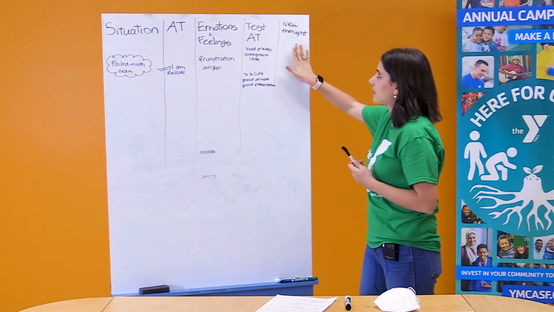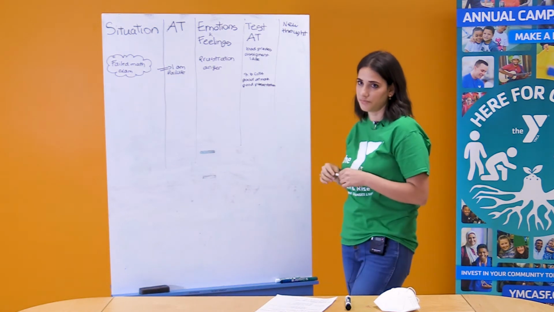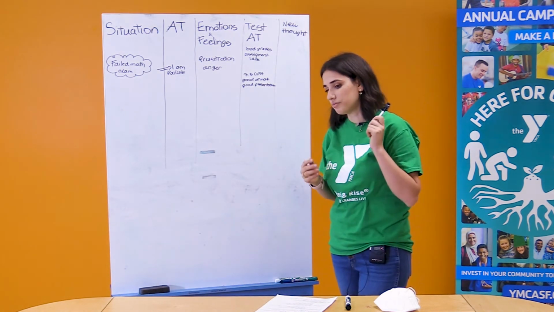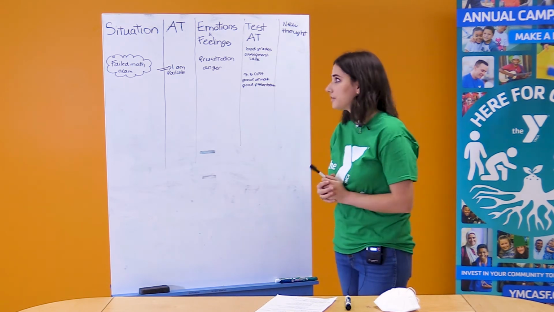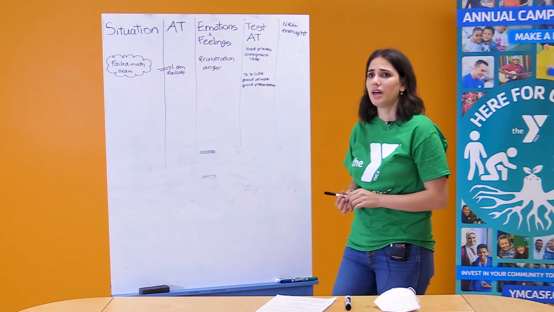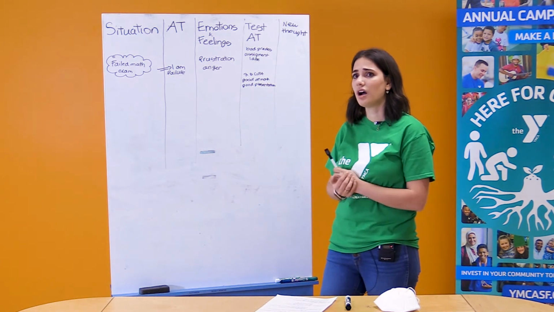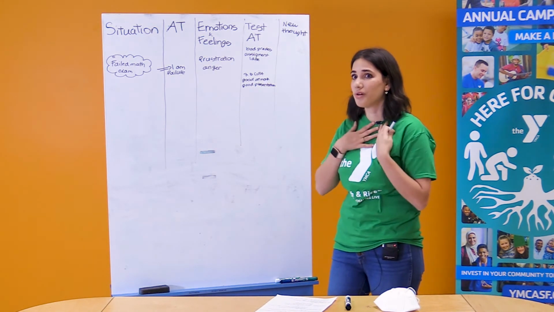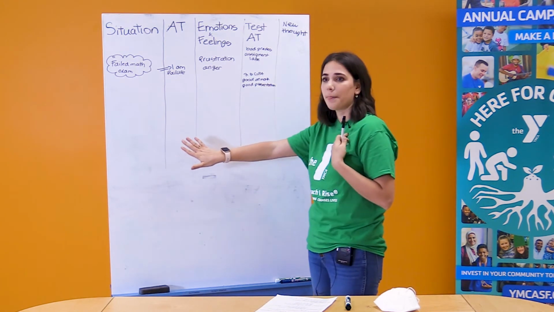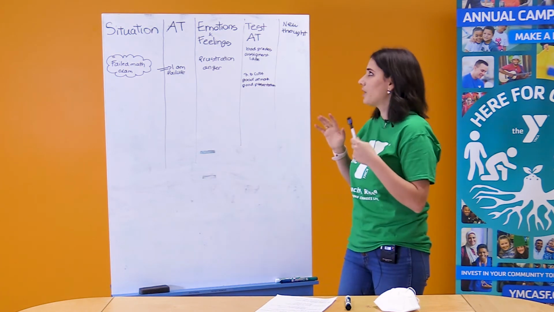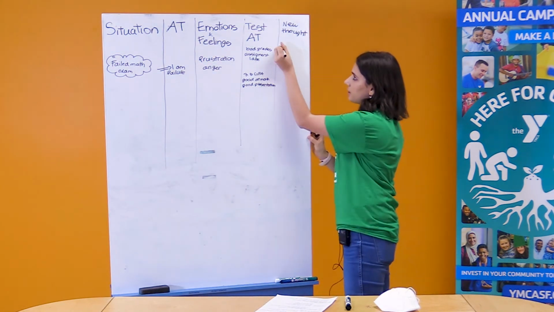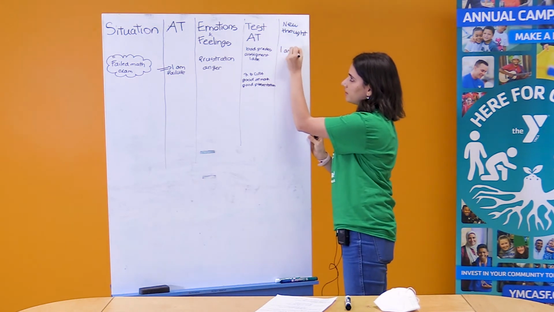Now you have to write down your new thoughts and conclusions. What am I feeling now? I'm feeling that I'm no longer a failure, I'm no longer angry or frustrated, I'm more motivated than ever, I can study harder next time, and I am more than my grades. You see how it changed my whole perspective when I challenged my automatic thoughts. I went from I'm a failure to I am not a failure.